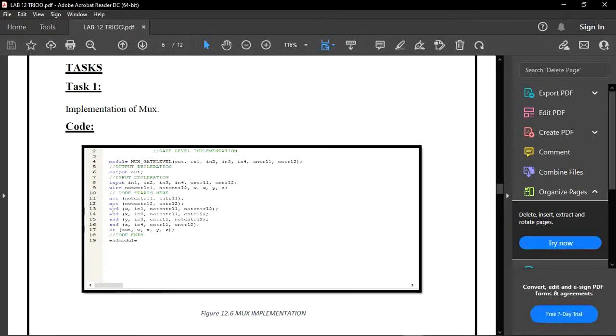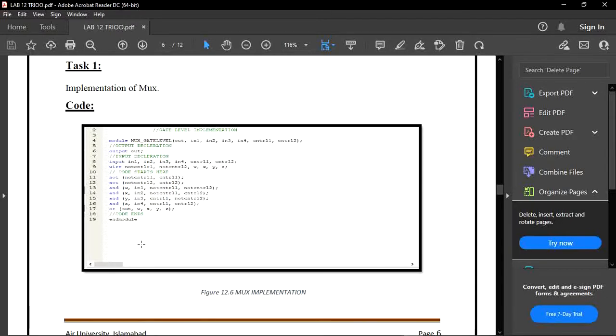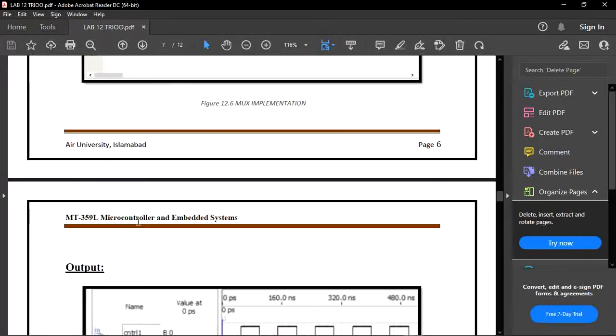Then with the help of the next AND gates, the connected inputs are all entered in the code, and all of our AND inputs are written there. And then at last the OR gate, giving us the sum of all the inputs, giving us our output in the form of W, X, Y, Z and out. So here we ended our code.